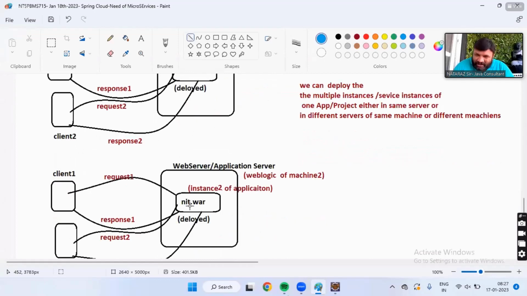If they don't maintain them, the server may crash, because each server has a limitation on taking a certain amount of requests. Do you think every server can take unlimited requests? No, boss. Definitely there will be a limitation. Sometimes server limitation, sometimes CPU limitation, sometimes hardware limitation, right?